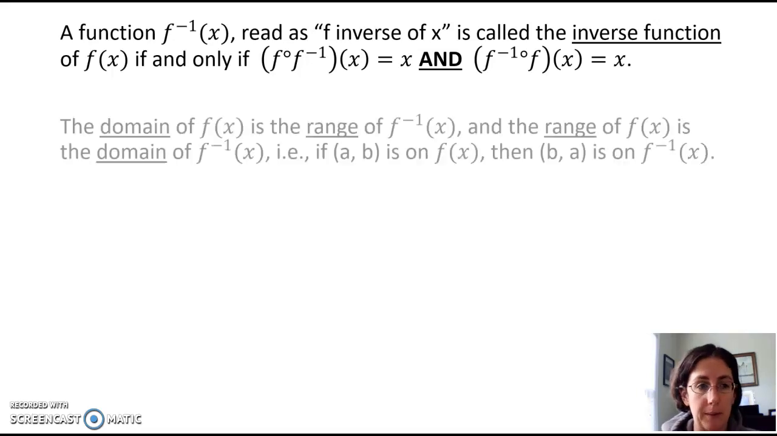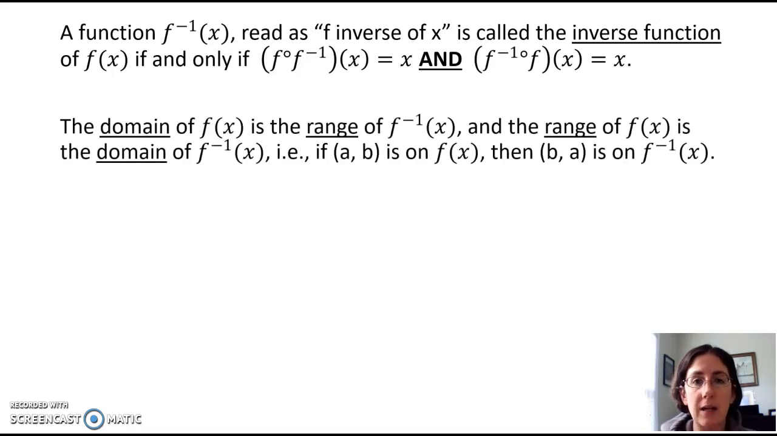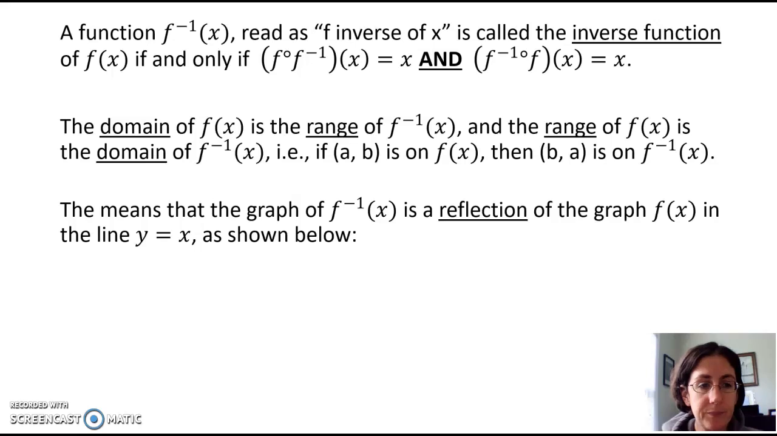your original input. So it turns out that the domain of f will be the range of f inverse, and the range of f will be the domain of f inverse. In other words, if the ordered pair a comma b is on f, then the ordered pair b comma a would be on f inverse. So their domain and their range, or their x's and y's, are switched. So this means that f inverse is a reflection of f of x over the line y equals x, as